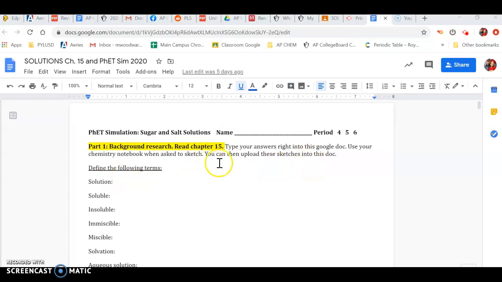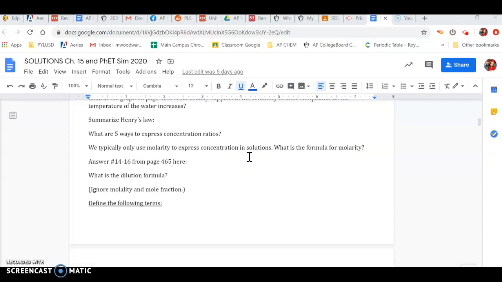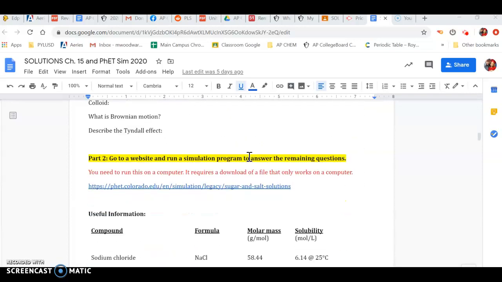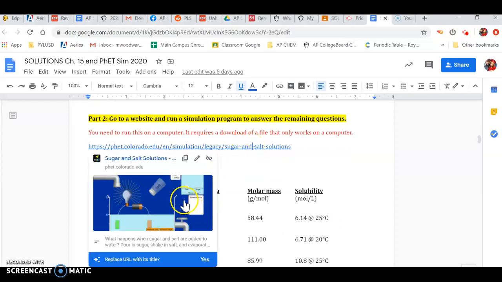So part one's pretty self-explanatory. Follow the directions and answer these vocabulary terms and some of these questions. You get to part two, and this is where a lot of you are stuck. You're supposed to click on this link,